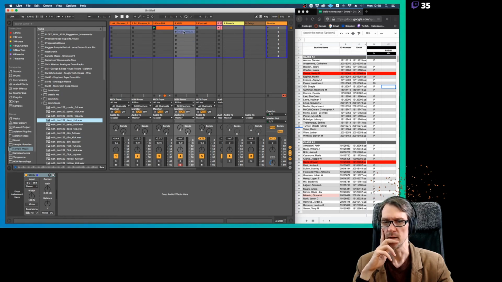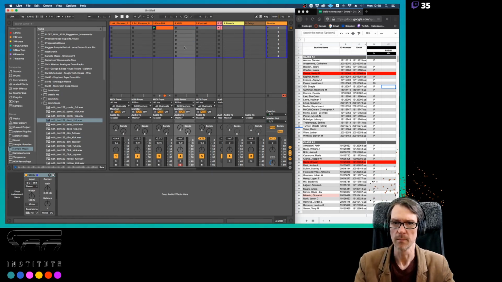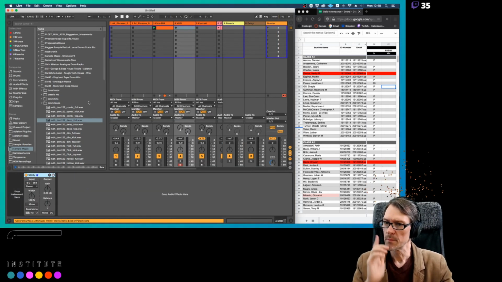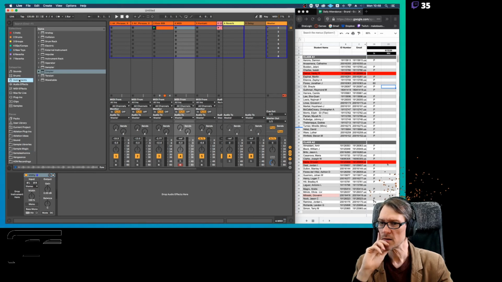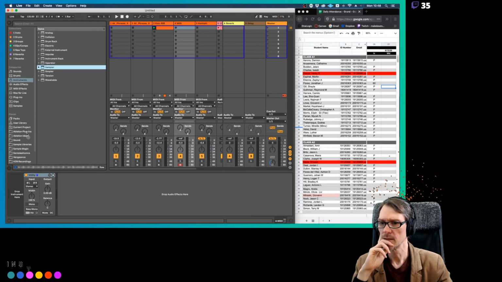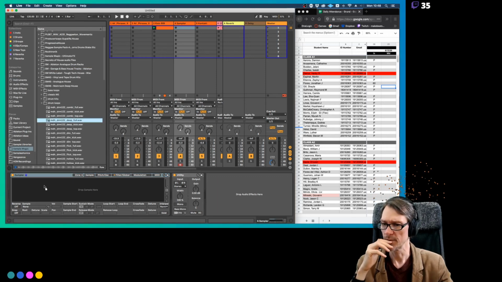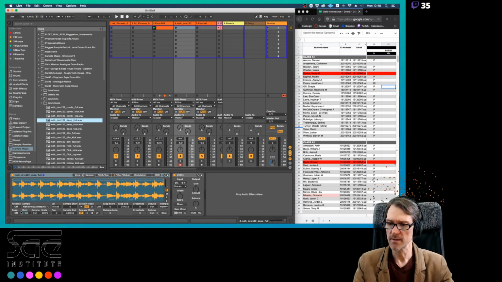Alright, so let's drag this one in here like this. Whoops, not MIDI. I'm going to put a Sampler instrument in here. And the reason why I'm using Sampler again is because that's the one that you'll have access to most readily. So we can see in here,